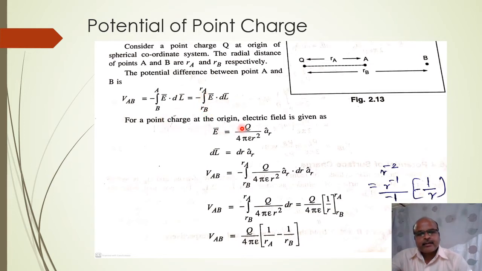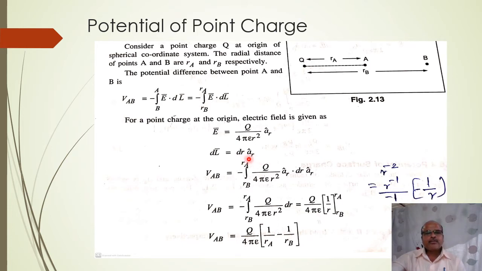For a point charge at the origin, the electric field is given as, the generalized formula we have derived in the previous lectures, E is equal to Q upon 4 pi epsilon R square a_r cap. So here dl is there. What is dl? dl is a differential length. The differential length along the r direction is given by dr a_r cap, along the phi direction d phi a_phi cap, along the theta direction d theta a_theta cap. Similarly, along the r direction we can represent the differential length as